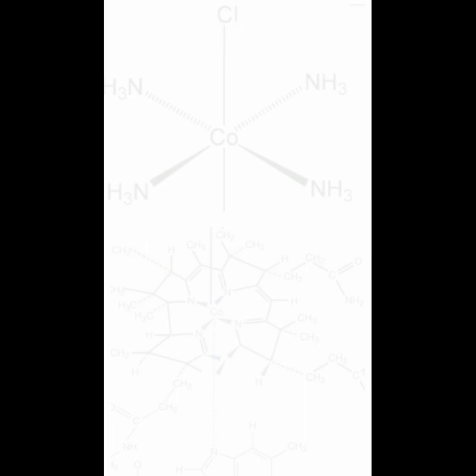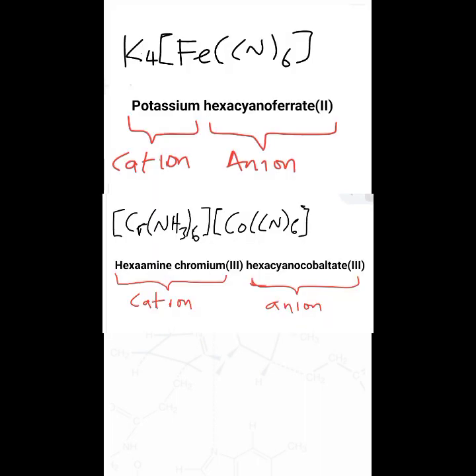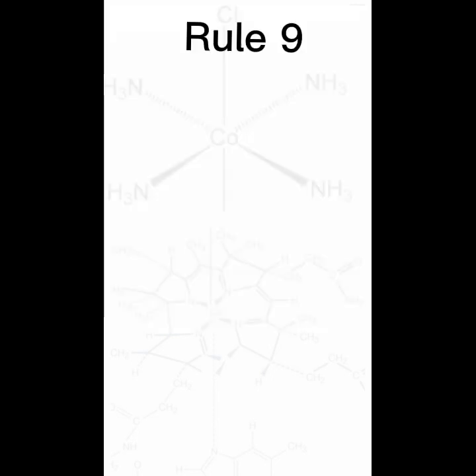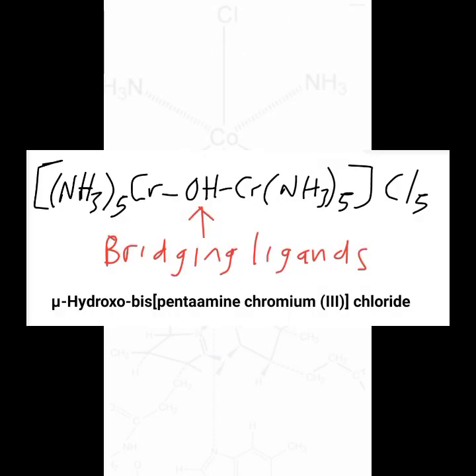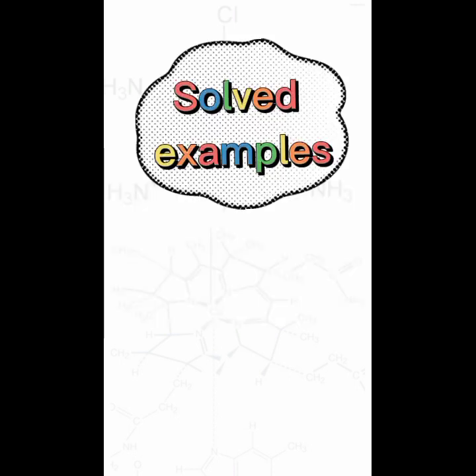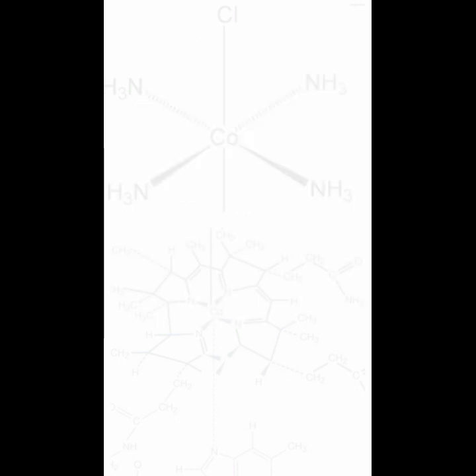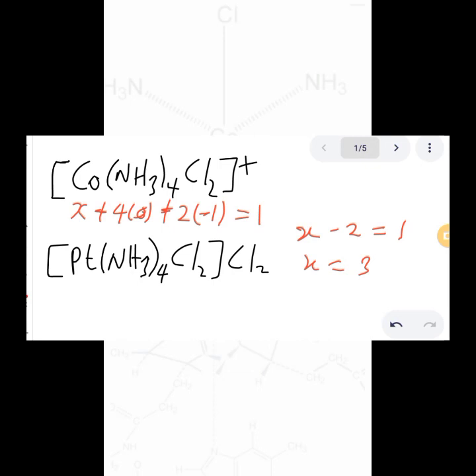In naming salts, the cationic part is named before the anionic part. Polynuclear complexes are named by identifying the bridging ligands with a prefix letter mu. In naming this compound, we need to